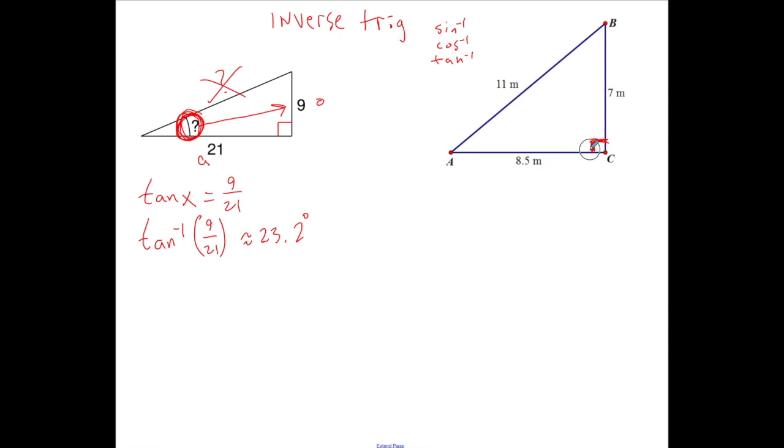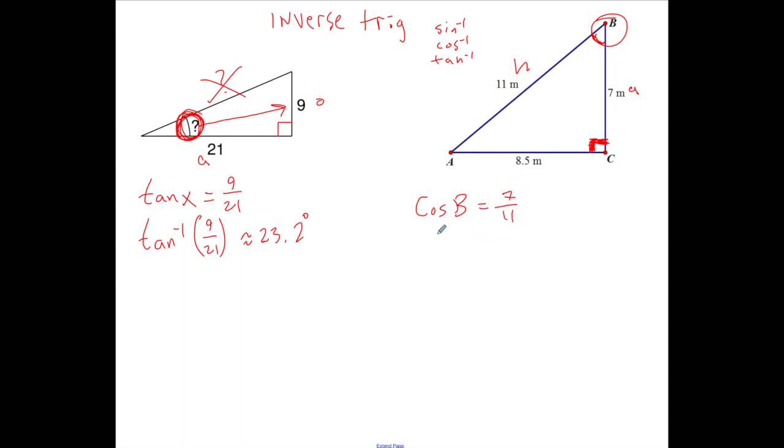Now for this one here, we know this is the right angle. We never pick our right angle when we're doing our trig. We always pick our acute angles. So it doesn't matter which one we choose. We can do A or B. Let's do B. Let's say we're looking for B. And we can choose any side we want. So just to be different, let's do cosine, because we haven't done that yet. Cosine is adjacent, so this is touching it, that's adjacent, and then hypotenuse. So that's SOHCAHTOA. So cosine of our angle, I put B here, equals adjacent over hypotenuse,